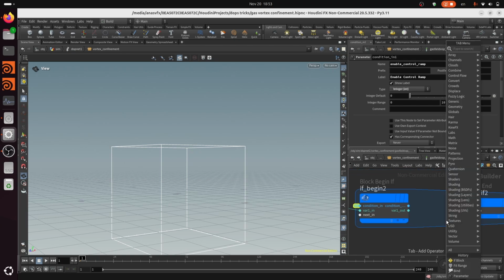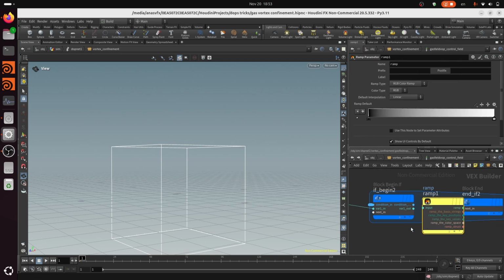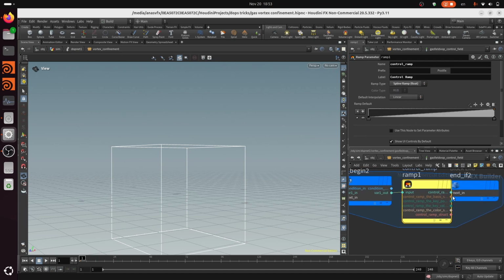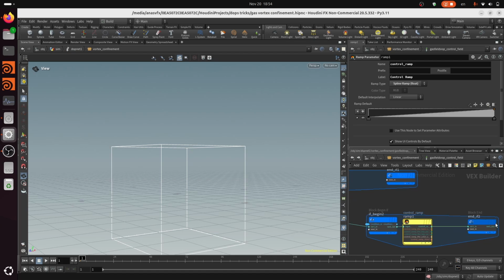But if the condition is true, we are going to use a ramp parameter to control our range here. So we are going to call it control ramp, and we are going to use a spline ramp. Okay, now we are going to make this our output, and